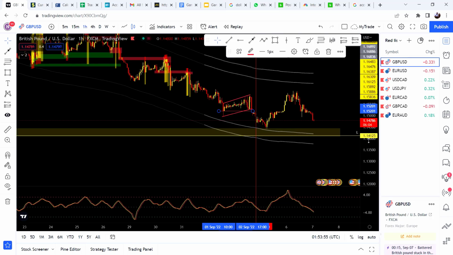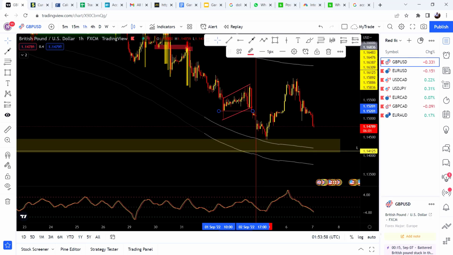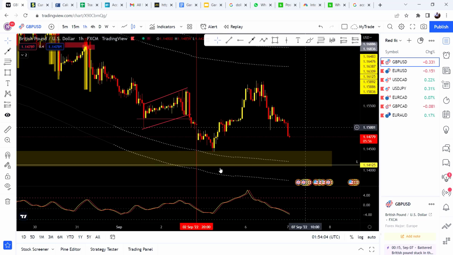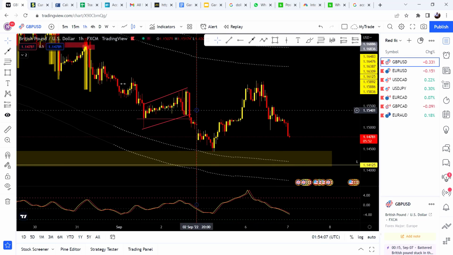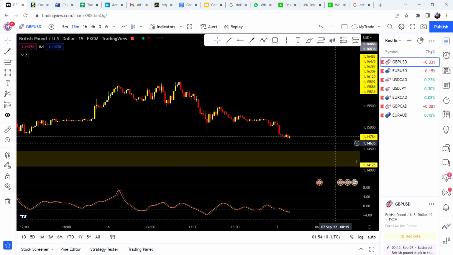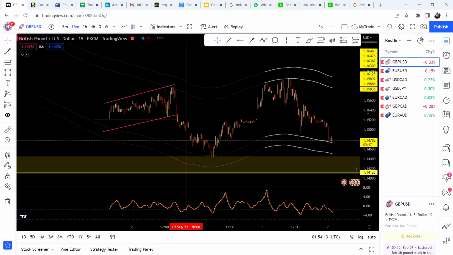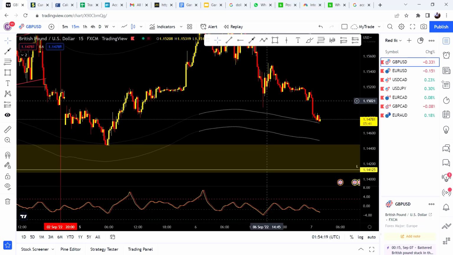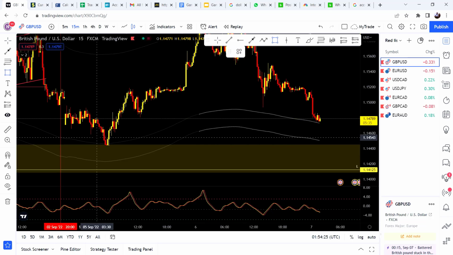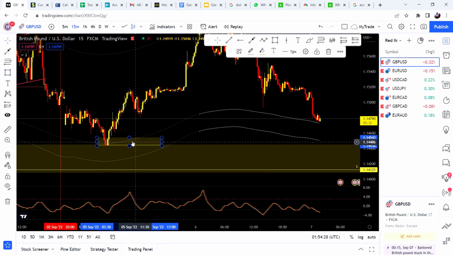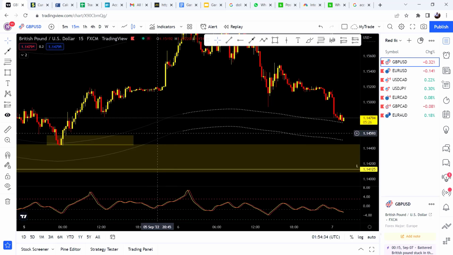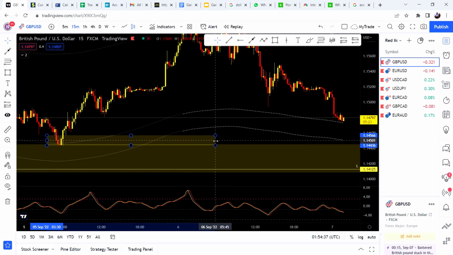So I was expecting price to tap into the zone and present to me a nice signal for me to go long. So price tapped into the zone. Then I came to 15 minutes to look for a POI that I would love to buy price. So I picked this POI over here. In fact, I included the tip of that bearish candle as well and extended this one, waiting for